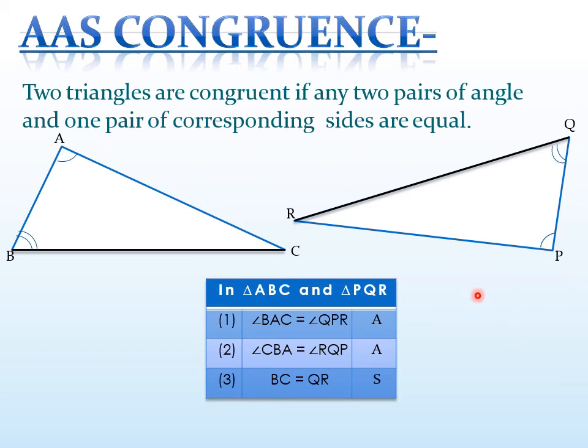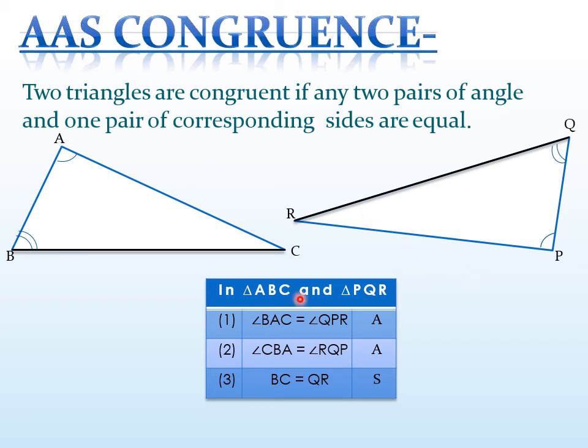So it does not have to be between those two angles. You can take any two angles and any side can be equal. But for that case, we have to name it AAS, angle angle side. If you say ASA, that means those two angles will have the equal side in between them. But when we say AAS, that means you can take any two angles and any one side, corresponding sides which